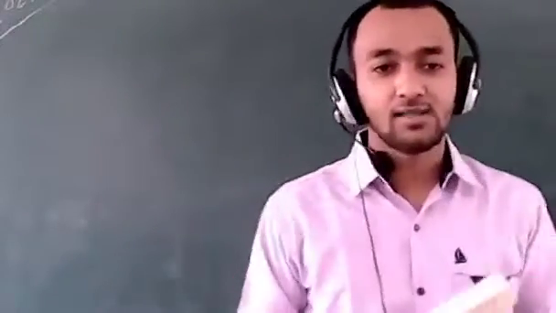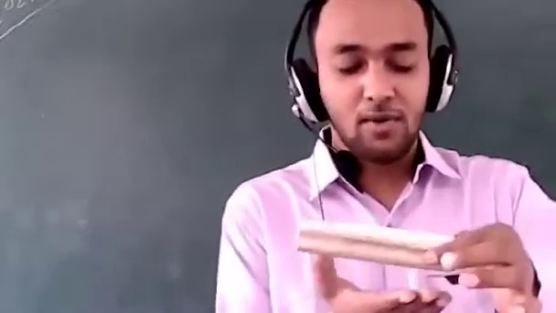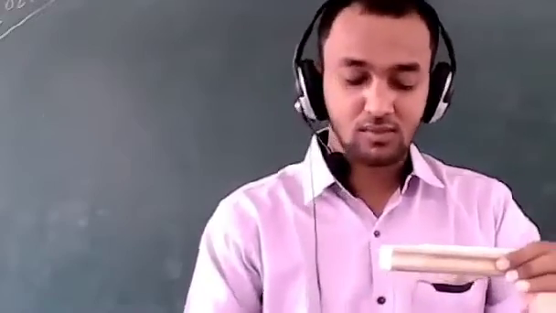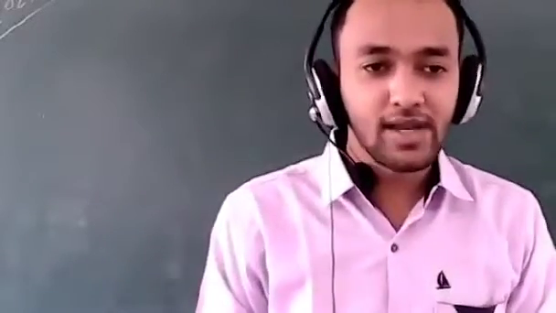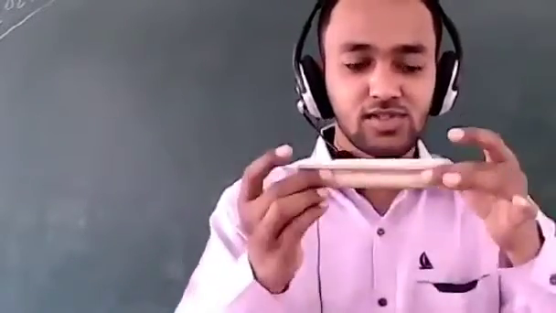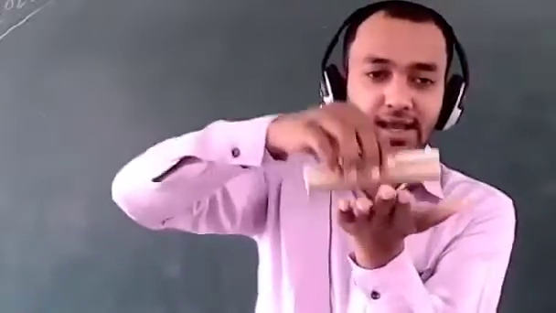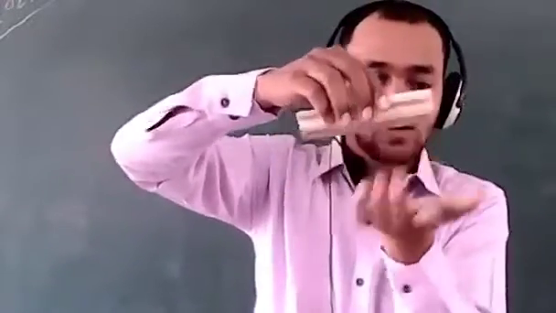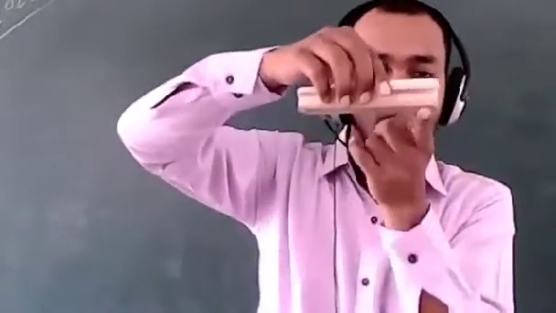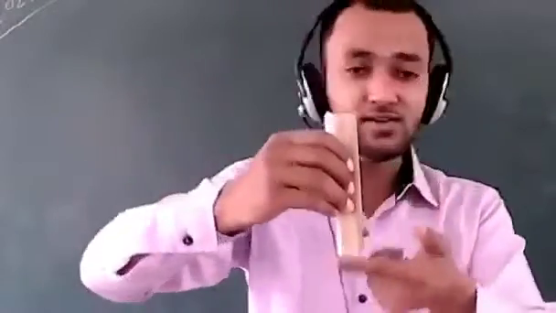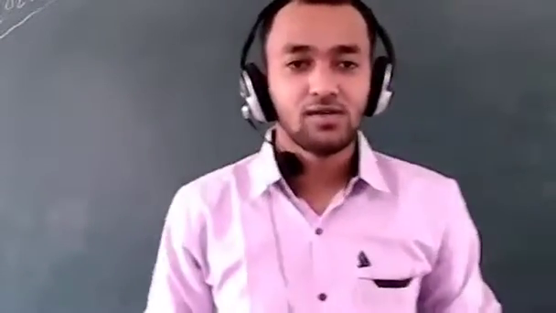So what is area? The amount of surface occupied by any body. Means the amount of surface occupied by an object or any body is known as area. Suppose this is a duster and we keep the duster on a place. The area occupied by its surface will be its area. If we keep this duster like this, the area occupied by this surface will be its area. Is it okay?